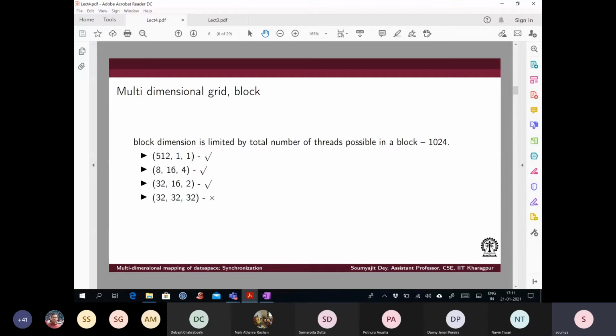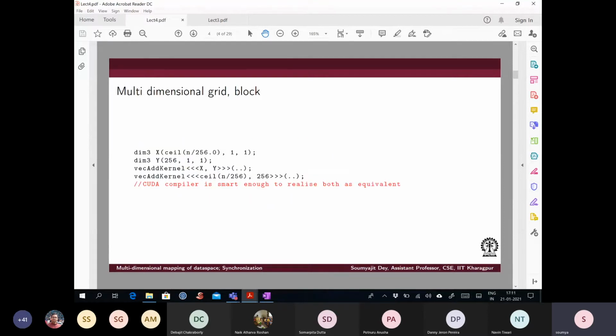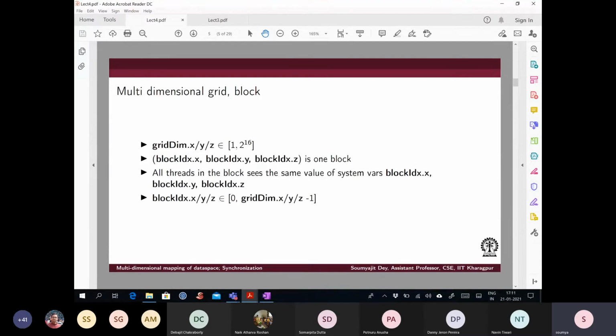Now, there are some constraints here, so let us specify those constraints particularly. You are mapping the kernel to a hardware, so there is a maximum limit to the number of thread contexts that the hardware can support.